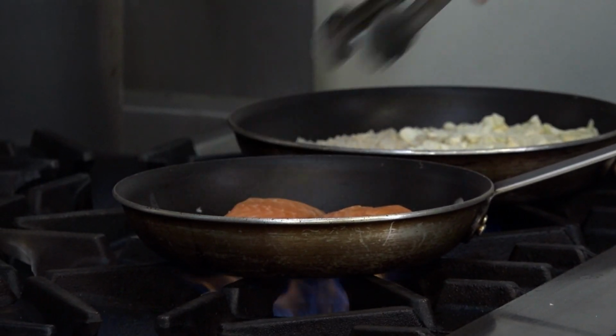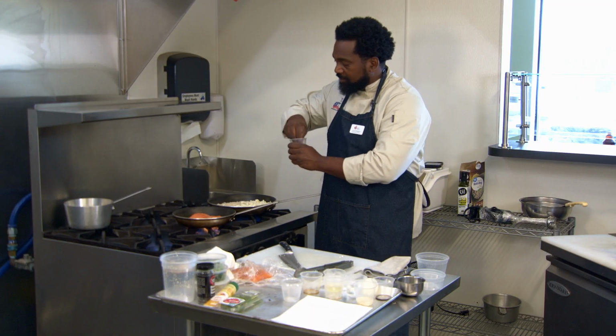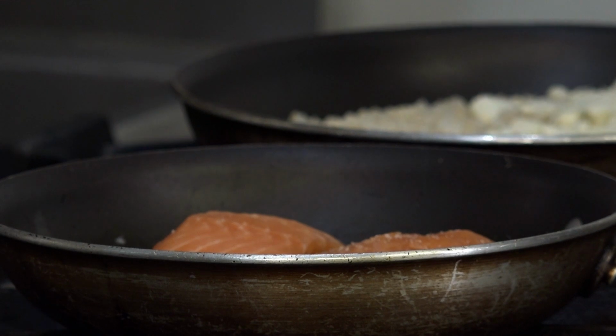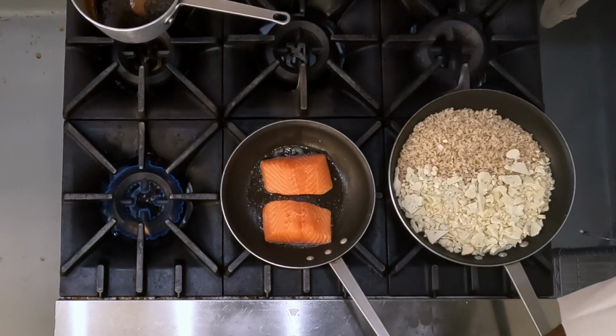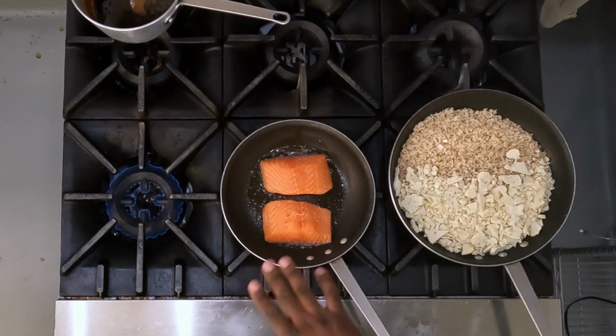You don't want to crowd your pan, and you want to season kind of high. So if you're going to add a little bit of salt and pepper to it, that's totally fine. It won't hurt a thing. And what you don't want to do is add your glaze too early, because that's going to make it sear,